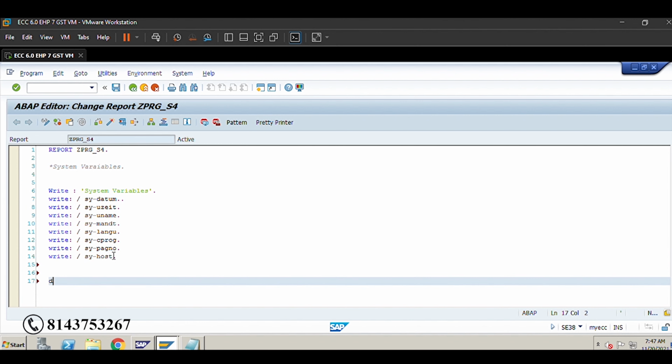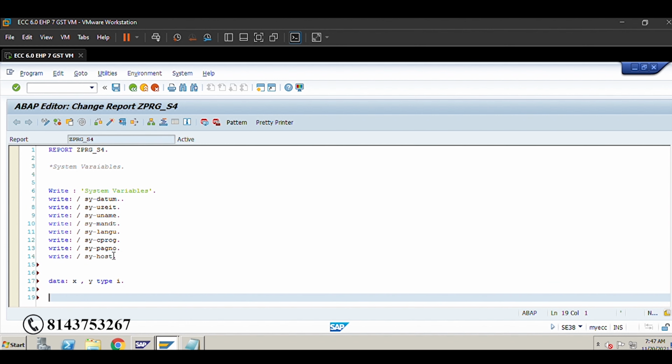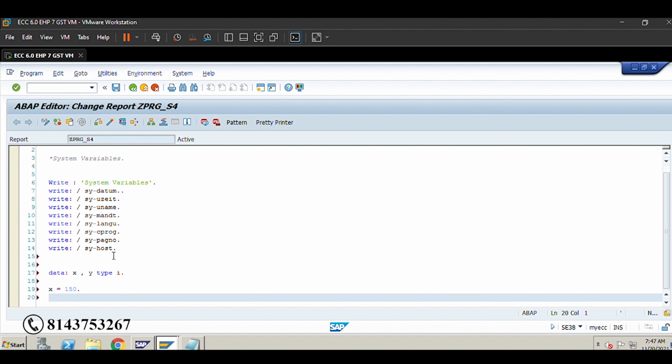See here, I'm defining two variables, x, y type i. x is equal to 150, y equal to 50.